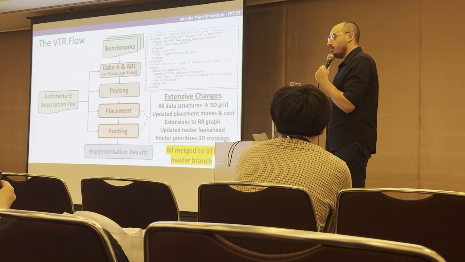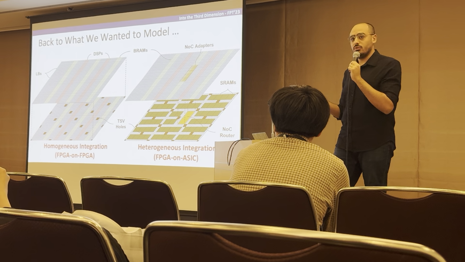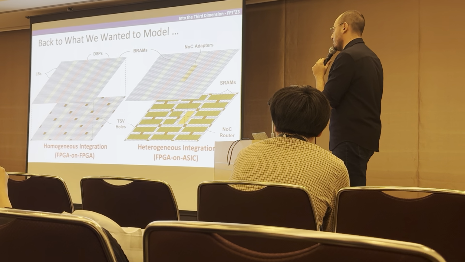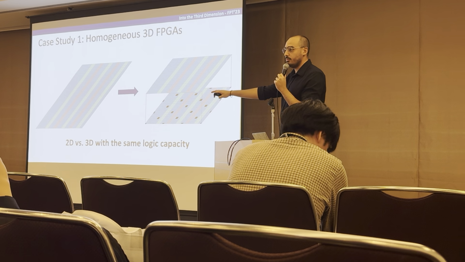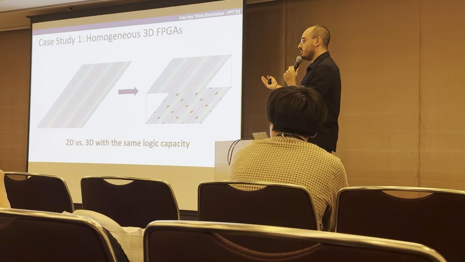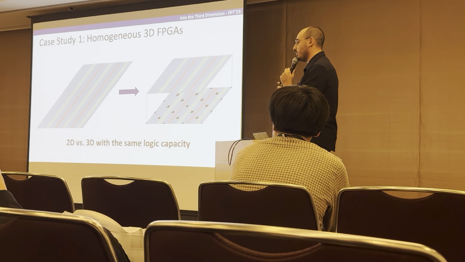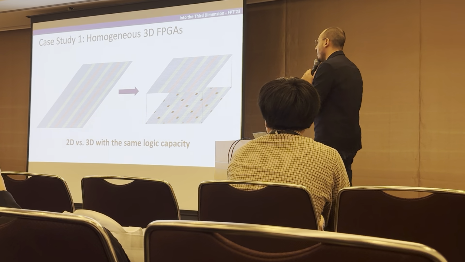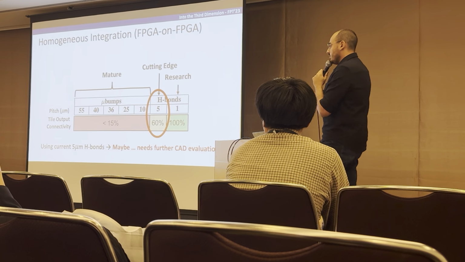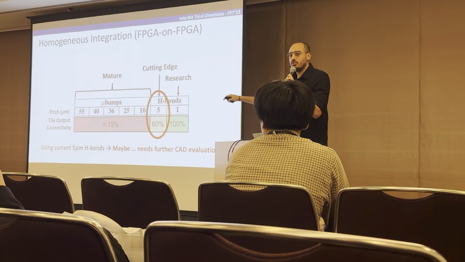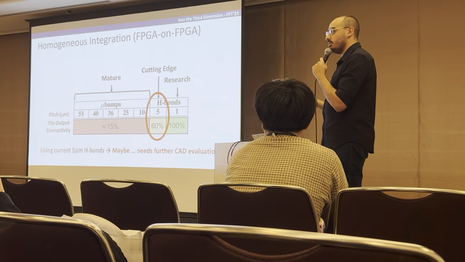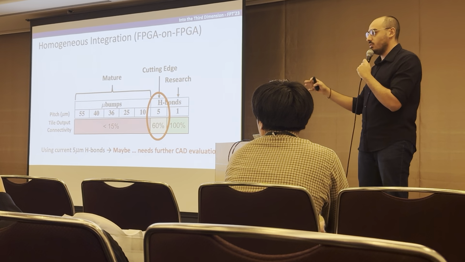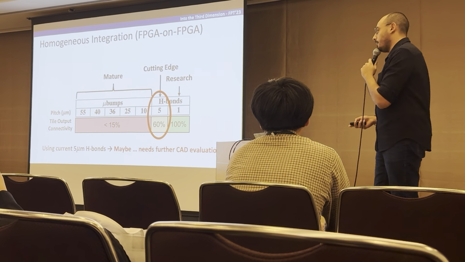Okay, so now we have the full stack of tools to model those 3D RADs. So let's go back to what we wanted to model in the first place, those two interesting variations of devices. For the first case study, we compare a conventional 2D FPGA to a 3D FPGA that has the same number of logic resources on it. And remember when I told you about this tricky problem with the current technology that we have, that was limited connections, we need to evaluate the feasibility of this from a CAD perspective. So now we have VPR 3D,